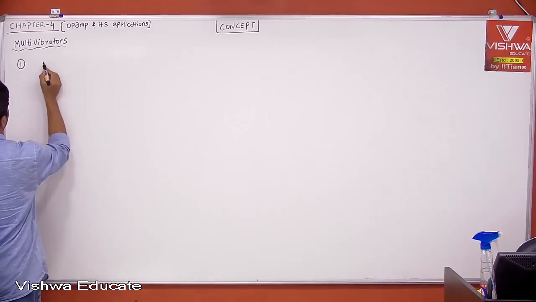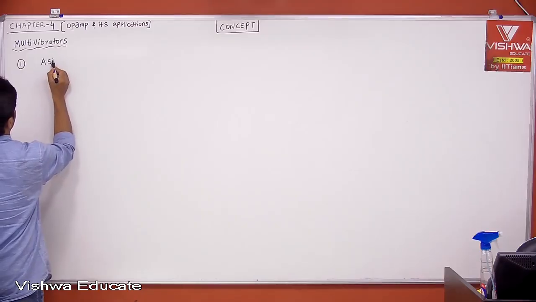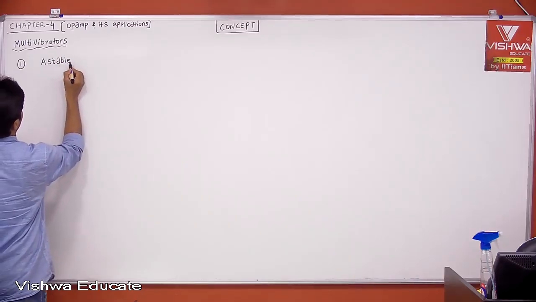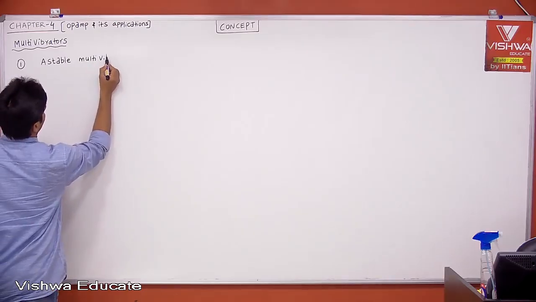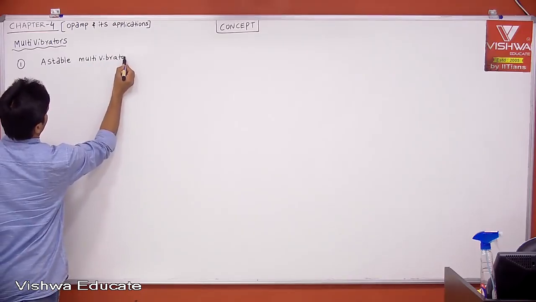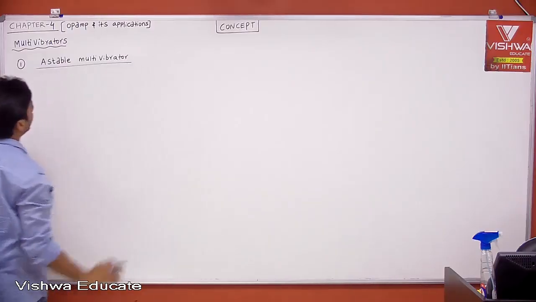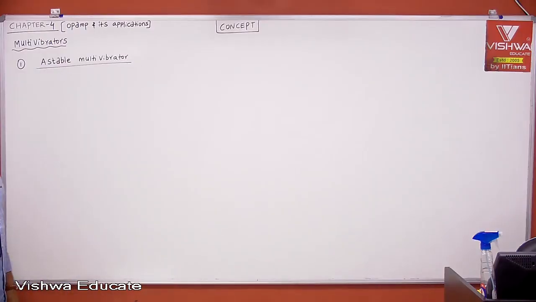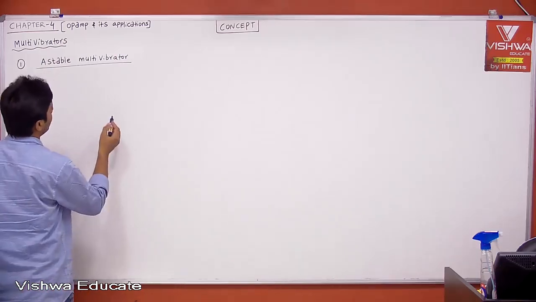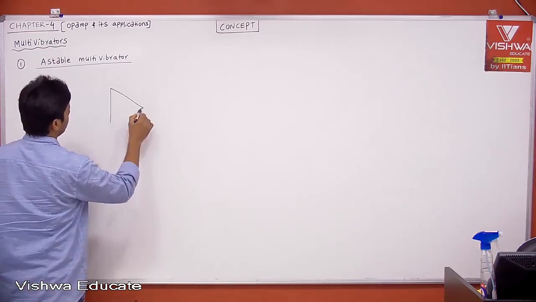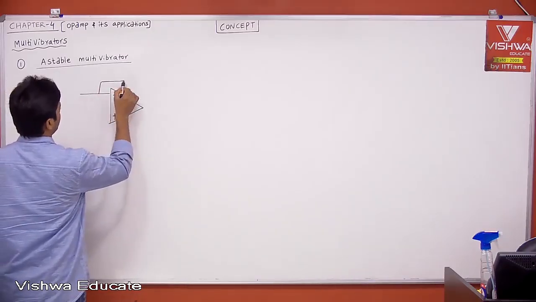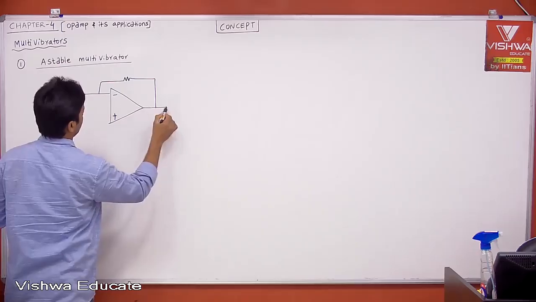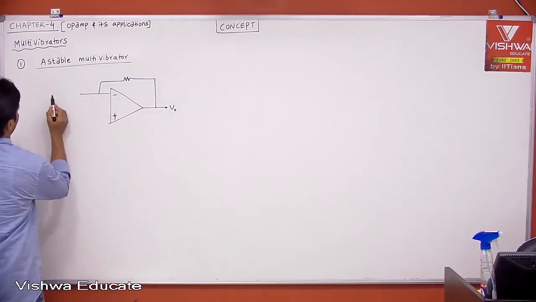The first one, astable multivibrator. Okay. Maybe you treat this as an op-amp problem or op-amp application. The circuit is, let us say you can take it as an example, minus, plus, and this is having a resistor in the feedback, and this is V0, and there is a